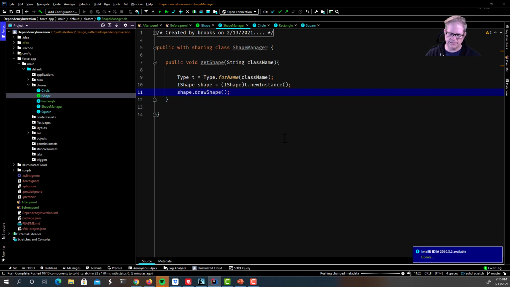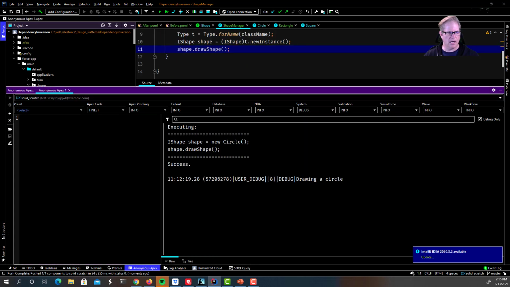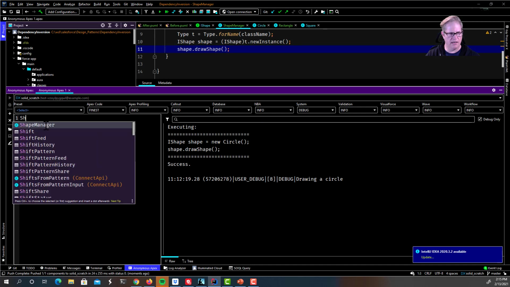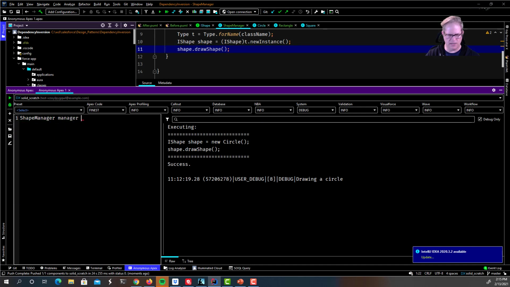Change metadata. Alrighty. So always the awkward parts. Maybe someday, this is my dream, someday they'll give us a local version of Apex and we won't have to sit here and wait 20, 30 seconds sometimes to do something pretty trivial. All right, open up anonymous Apex. All right, now I'm going to say shapeManager equals new ShapeManager. Okay. And I'm going to say manager.getShape